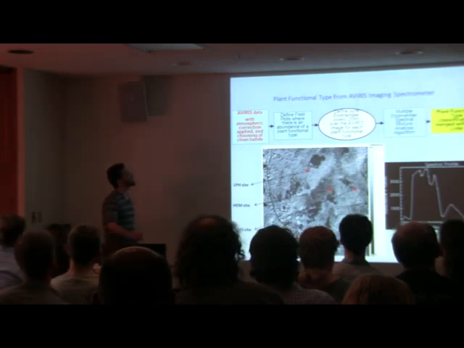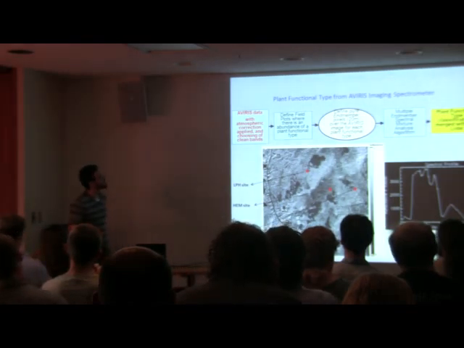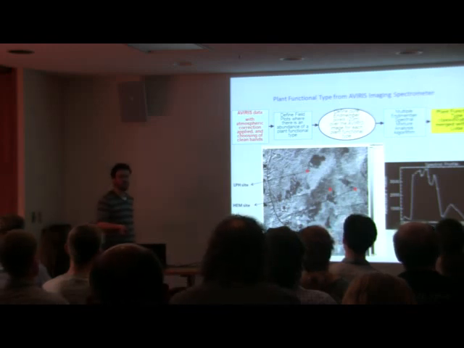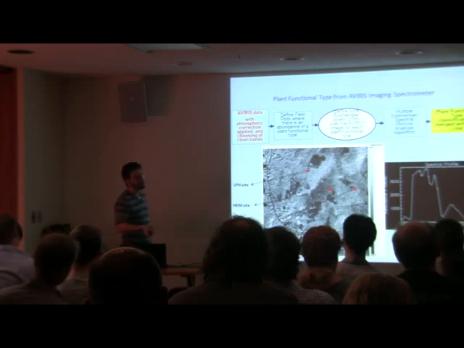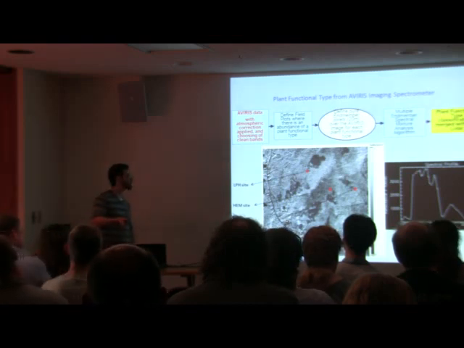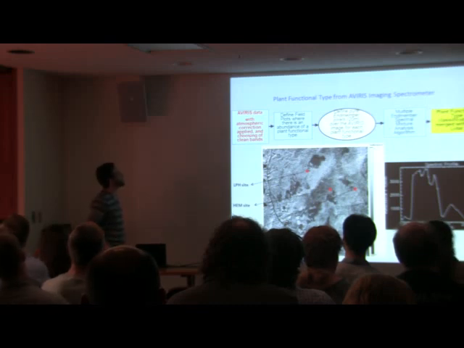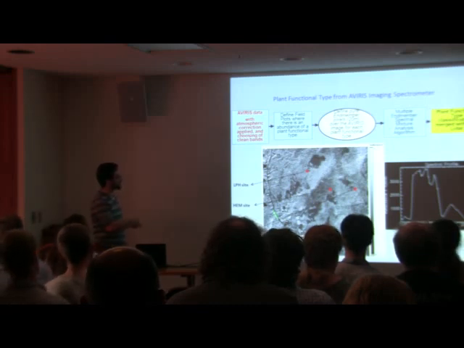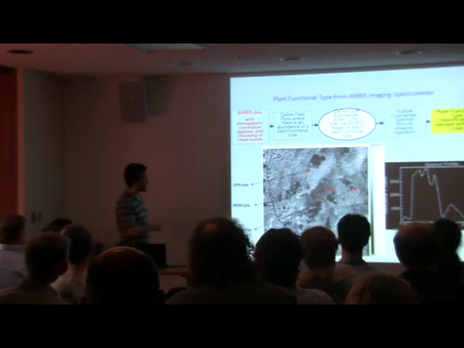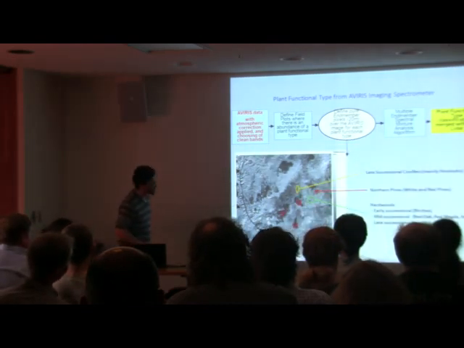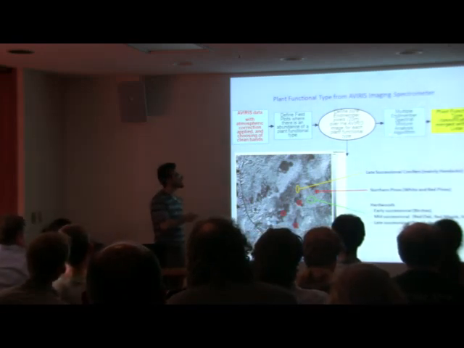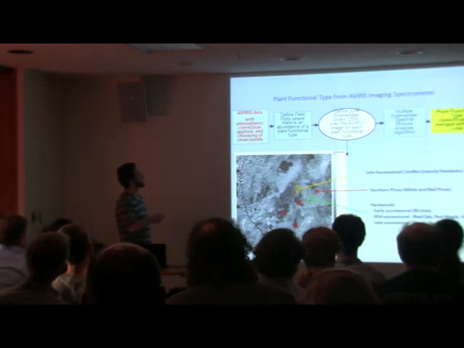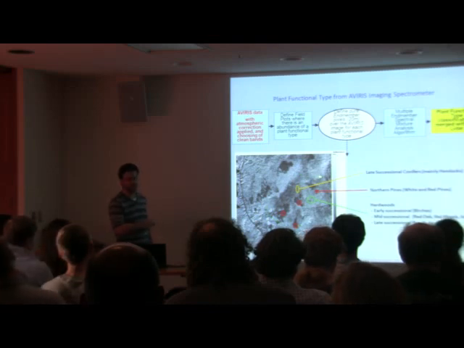So what I tried to do is use AVIRIS, which is a hyperspectral instrument with about 224 bands from the ultraviolet to mid-infrared, or about 2,000 nanometers. Here is an example of an image at Harvard Forest in the near-infrared with the 3 flux towers overlaid on it. We used the multiple endmember spectral mixture analysis technique developed at JPL to try to separate individual pixels into 5 plant functional types.